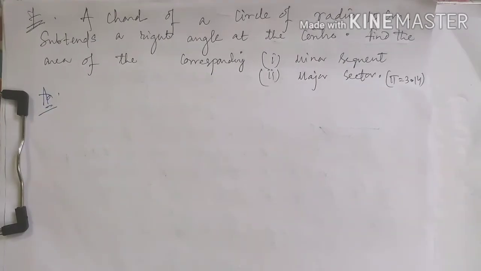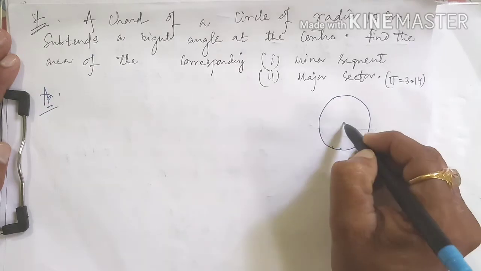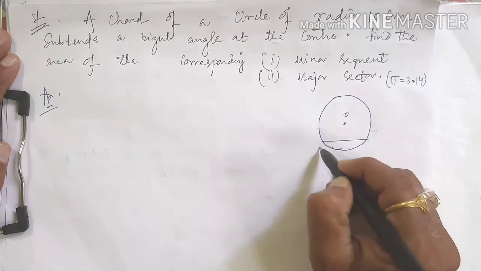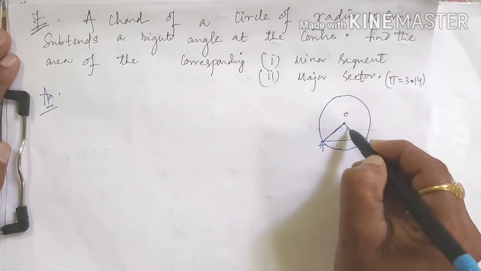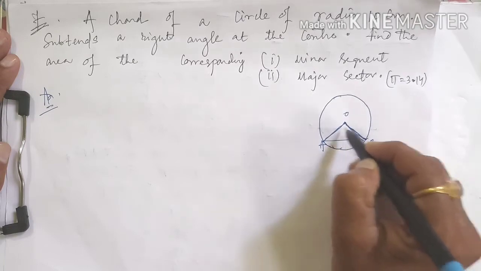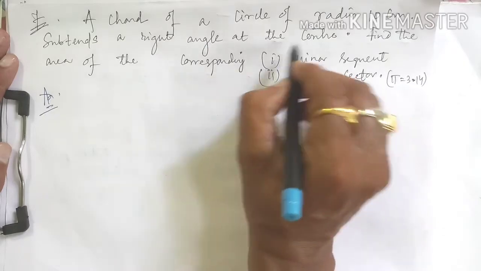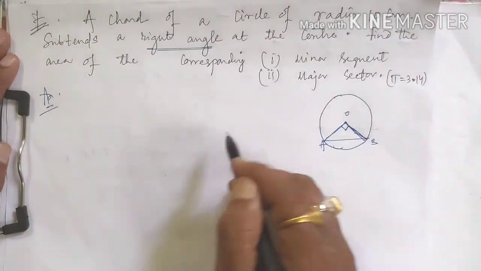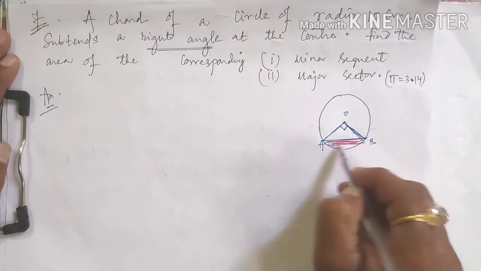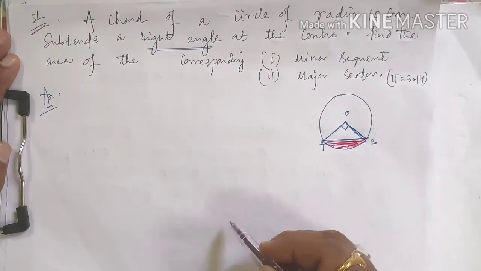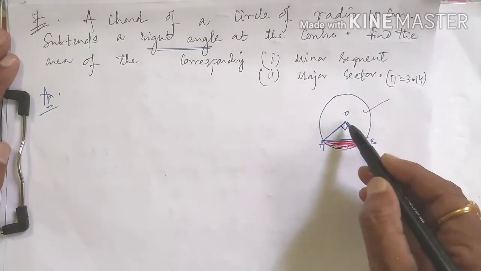A chord of a circle of radius 10 centimeter. This is the circle. This is the chord. And here given that this angle is 90 degree, right angle. Find the area of the corresponding minor segment. Minor segment means this section. This section you have to calculate, the area of this section. And major sector means this section. So minor segment area, first you calculate